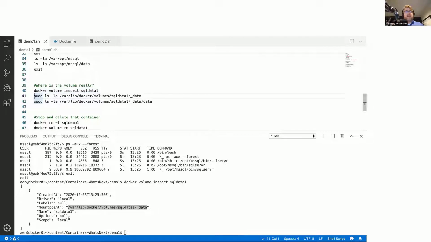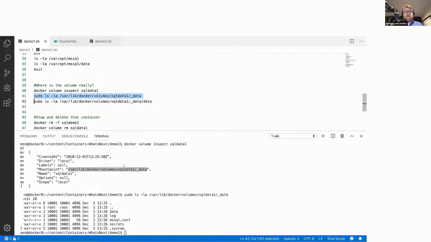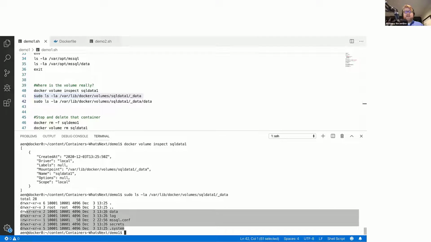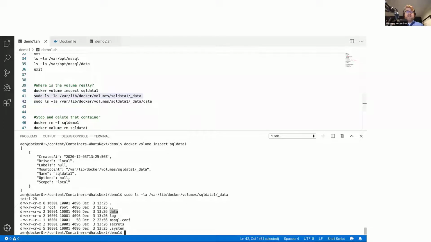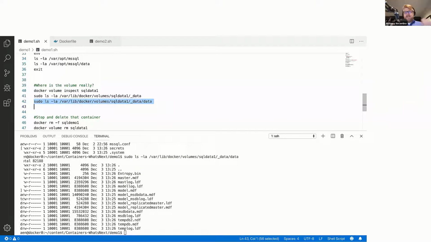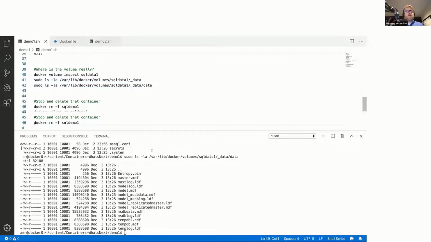A second ago, you saw I did a directory listing inside the container on that data directory. If I look inside of this directory here, we see the base directory for var opt MSSQL. There's that data directory inside the container, but that's exposed inside the container; this is where it physically lives on the base OS on this Linux system that I deployed the container on.